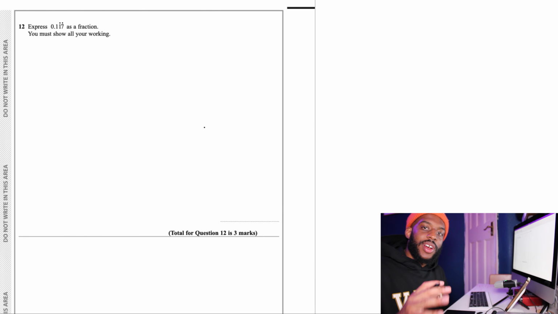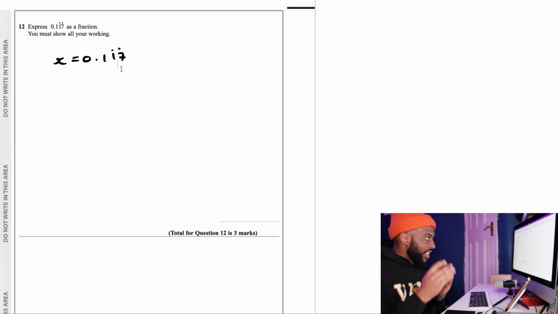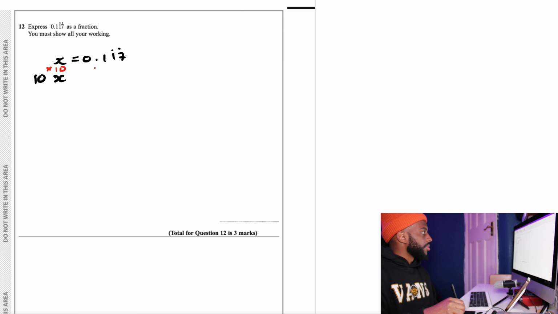Recurring decimals to fractions. So in this question, we start off by making x equal to the value we've been given. The second step is to get these recurring numbers on the right side of the decimal, but just on the right side of the decimal with no numbers in between. So we need to times it by 10. So you'll see what that does. If I times both sides by 10, it becomes 10x, and that equals